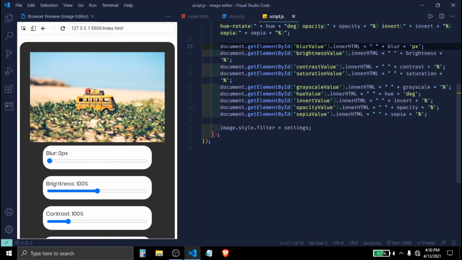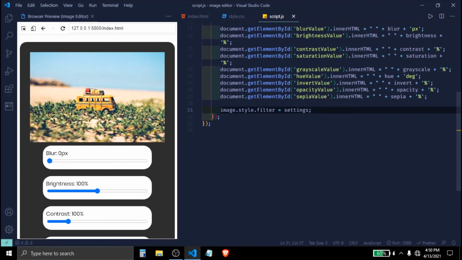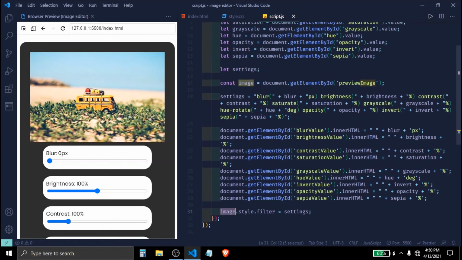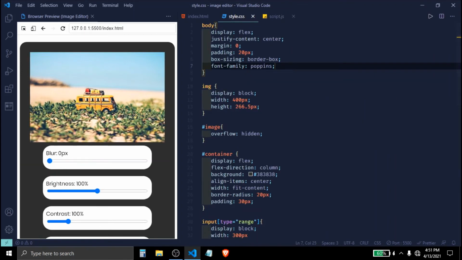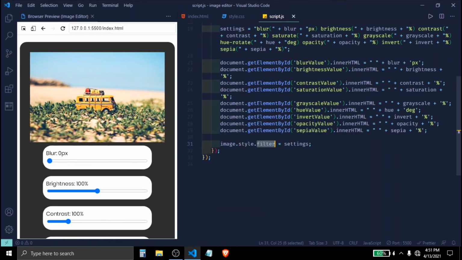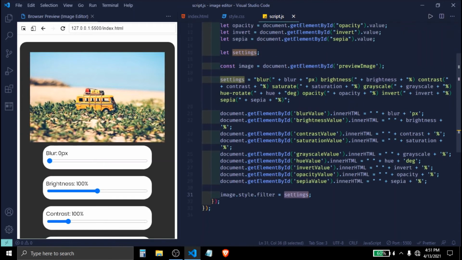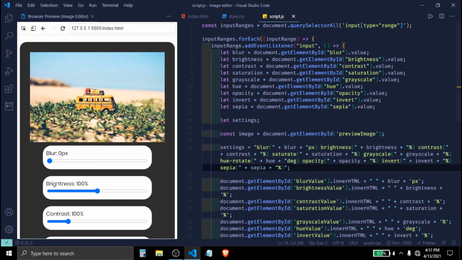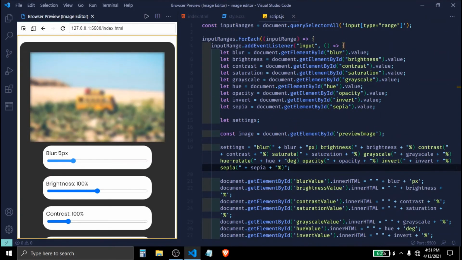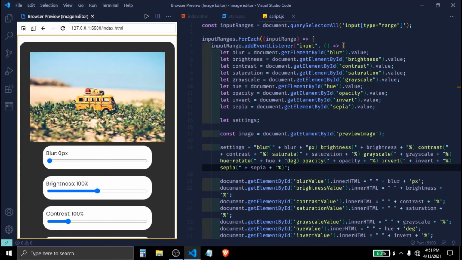And then at the very bottom you can see that we are taking our image, and now we are giving it a style, and this is the filter property which I showed you here. So this is this filter property, and we are setting this equal to these settings. And once you specify this, your image editor is basically ready. So you can just play around with it.